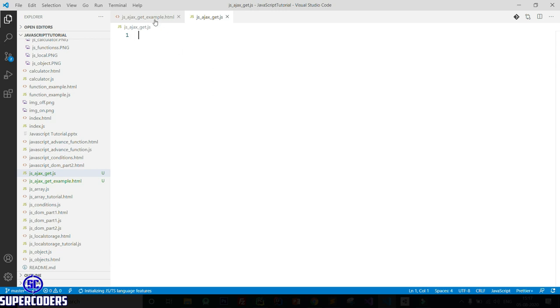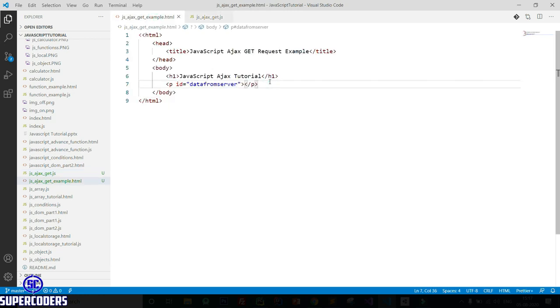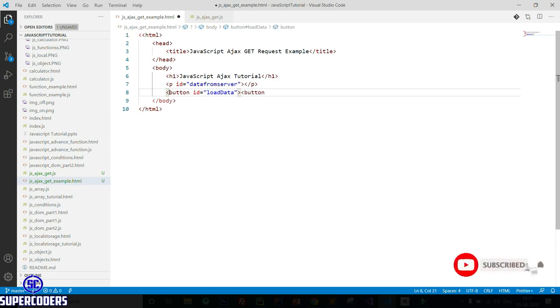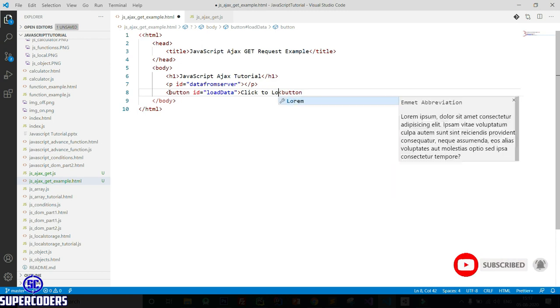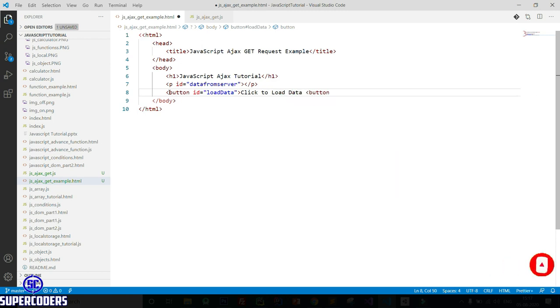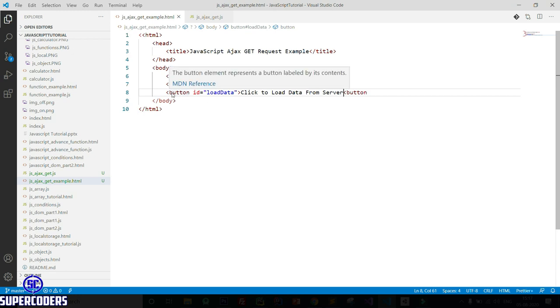Then also adding one more button, with ID equal to load data. Click to load data from server. Save it. Now let's create JS objects of these two elements.